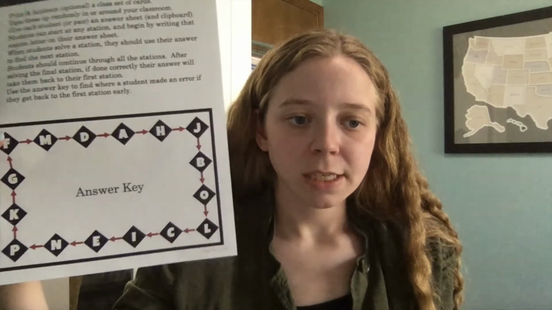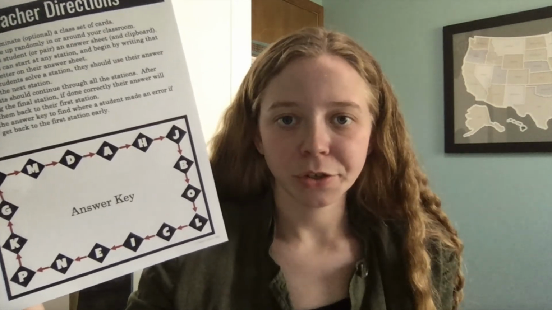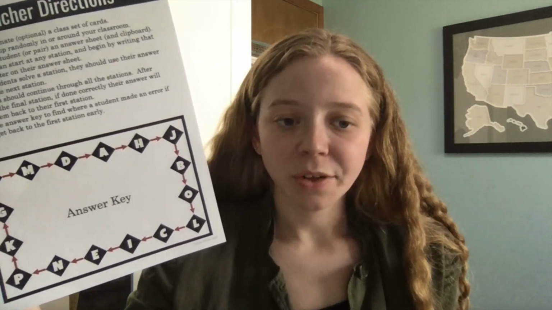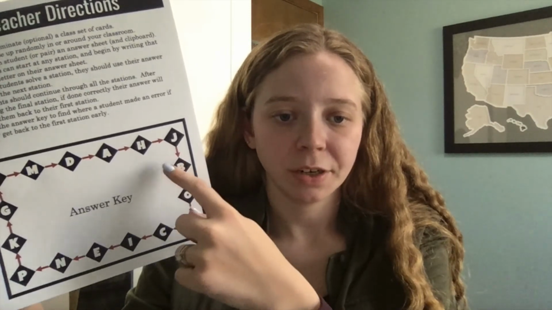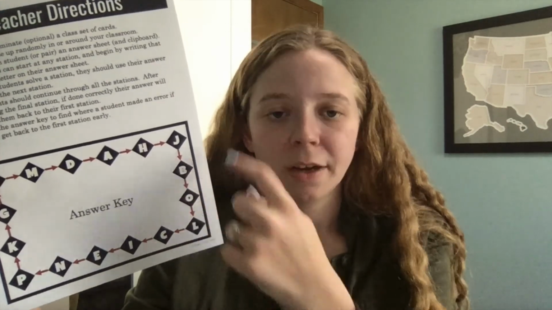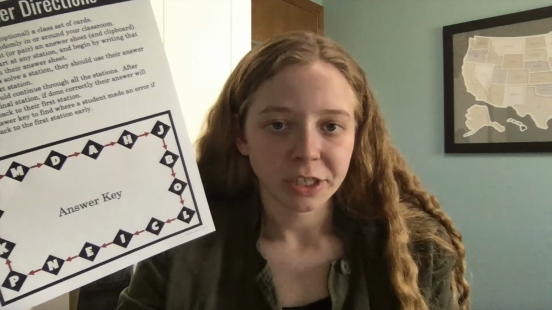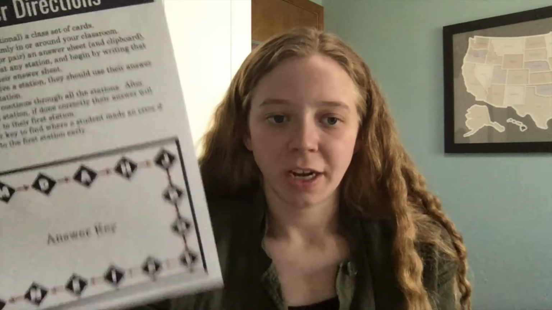And if you notice, it's basically a big circle. So your students can start wherever they want. If they start on the letter C, then they would go to I and work around the circle. If they start on the letter J, then they would go to B and work around the circle that way. So it just depends where they start, but that is great that they can start wherever they want, because then